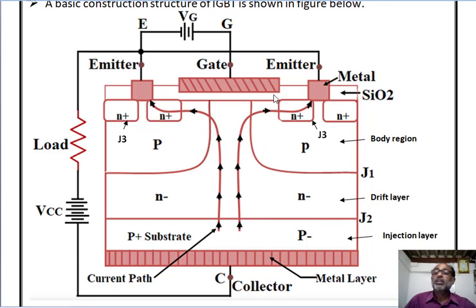Now the on-state power loss of a BJT is very small, so the on-state power loss in the IGBT is also very small. Another main disadvantage of the BJT is second breakdown, but there is no problem related to second breakdown in the IGBT. The turn-off time of this IGBT is greater than that of the MOSFET. The IGBT is also a voltage control device, as the MOSFET is also a voltage control device.